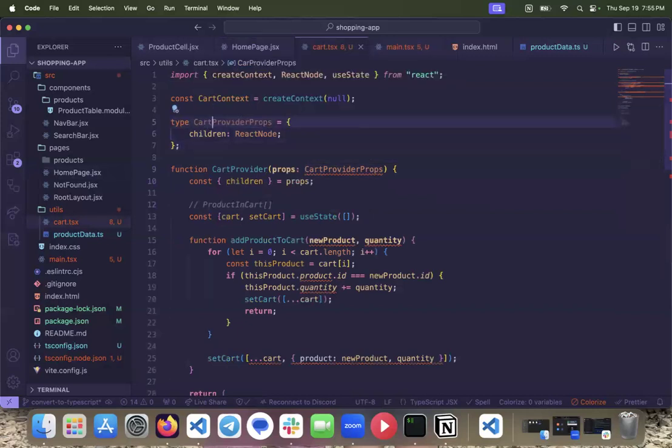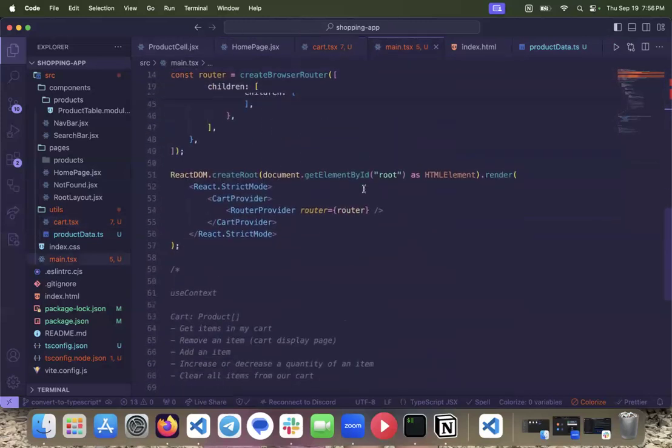Oh, I have a typo. And now that squiggle goes away. If I hover over children, it tells me it's a React node. Cool. So now I know that the only thing I can pass into the cart provider is children. That's it. It's the only thing that works. If I go in here and try and find my cart provider, this children property is getting populated automatically. If I try and pass in something else,